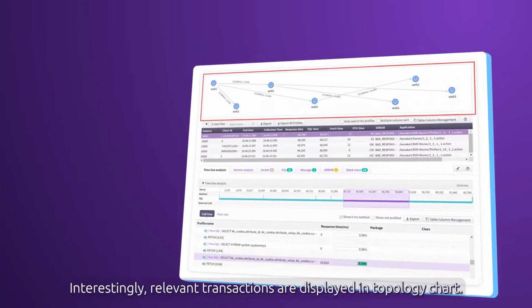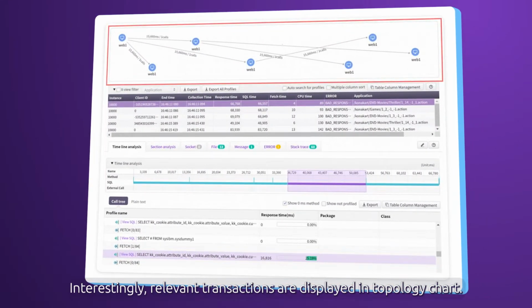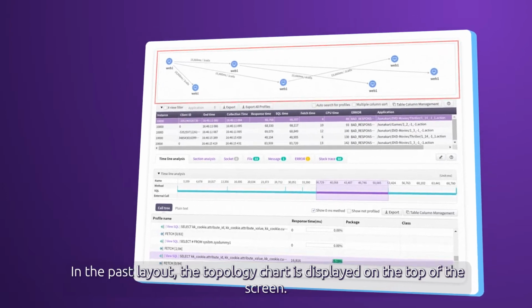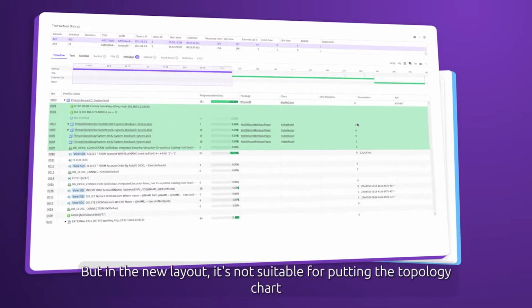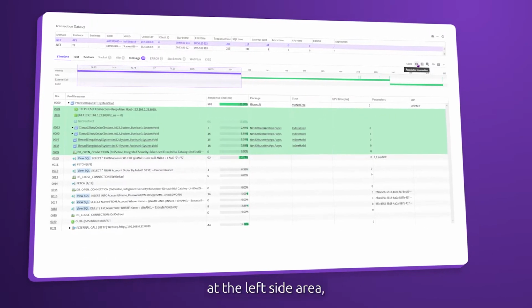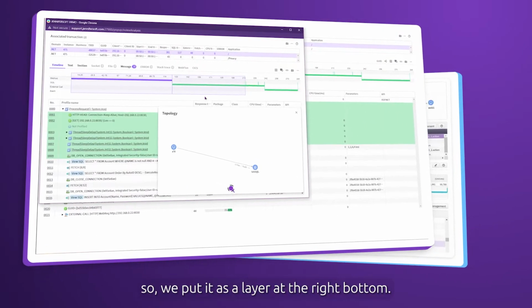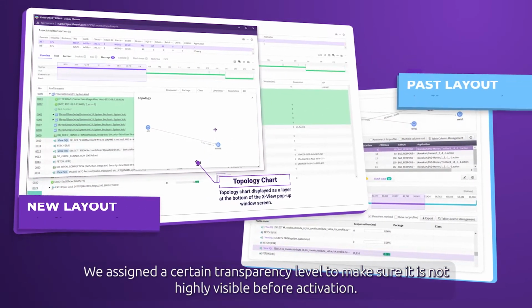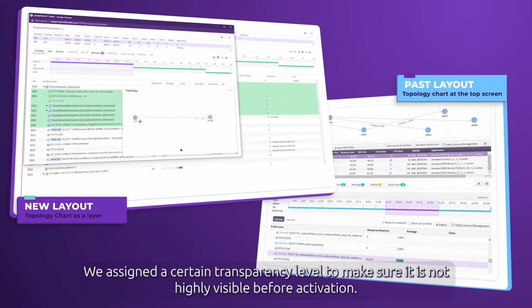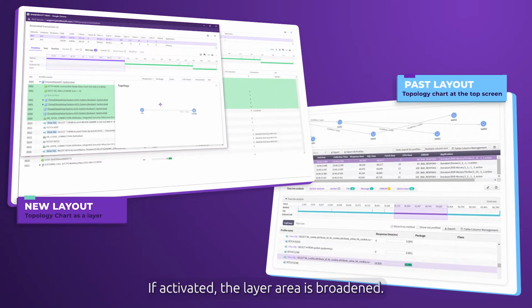Interestingly, relevant transactions are displayed in the topology chart. In the past layout, the topology chart is displayed on the top of the screen. But in the new layout, it's not suitable for putting the topology chart at the left side area, so we put it as a layer at the right bottom. We assigned a certain transparency level to make sure it is not highly visible before activation. If activated, the layer area is broadened,